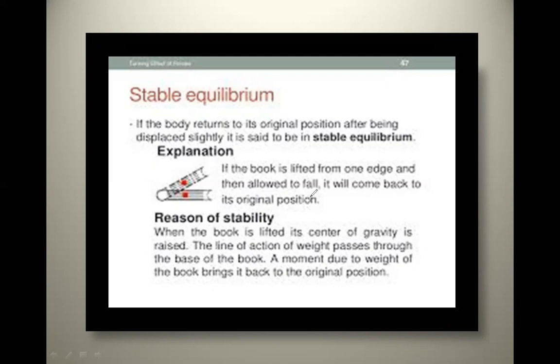Reason of stability: when the book is lifted, its center of gravity is raised. जब आप बुक को लिफ्ट करते हैं, थोड़ा सा हिलाते हैं, ऊपर करते हैं, तो सेंटर ऑफ ग्रेविटी जो होती है उसकी रेज हो जाती है. The line of action of weight passes through the base of the book. A moment due to the weight of the book brings it back to the original position. जिस वजह से वो अपनी ओरिजिनल पोजीशन पर बैक आ जाती है, तो इसको बोलते हैं आप स्टेबल इक्विलिब्रियम. Next one is